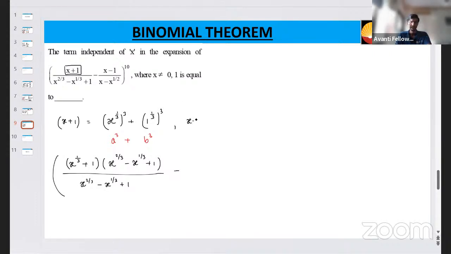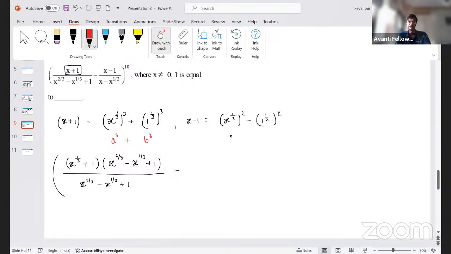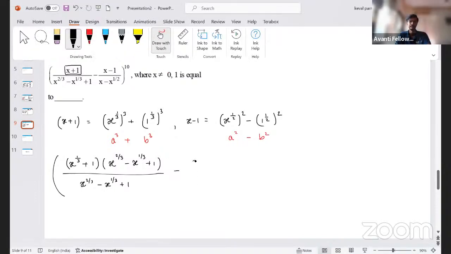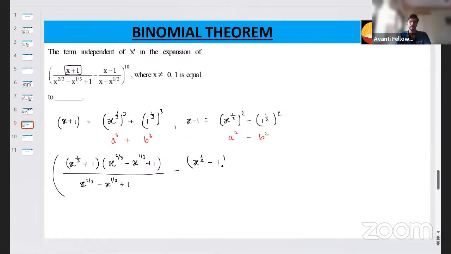If you see x minus 1 को I can write a square minus b square. So this is nothing but a square minus b square. a square minus b square को क्या लिख सकता हूँ मैं? a minus b into a plus b. And denominator I can take x raised to power half common. So I'll get x raised to power half minus 1 the whole raised to the power 10. So बहुत कुछ cancel हो गया